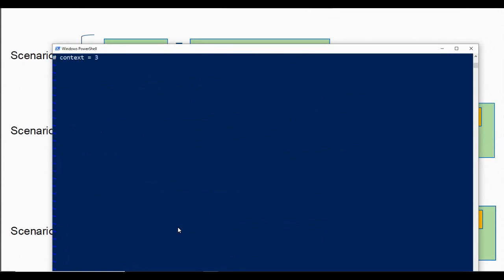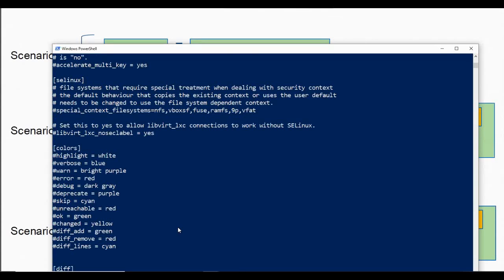So for now, let me quickly take you down all the way to the end of the file. Here you see there is a tag created as colors, and it talks about what different colors should be highlighted. So the text that we are going to see should be highlighted in a particular color under certain conditions. If highlighted text is going to be shown, it's going to be written in white color.